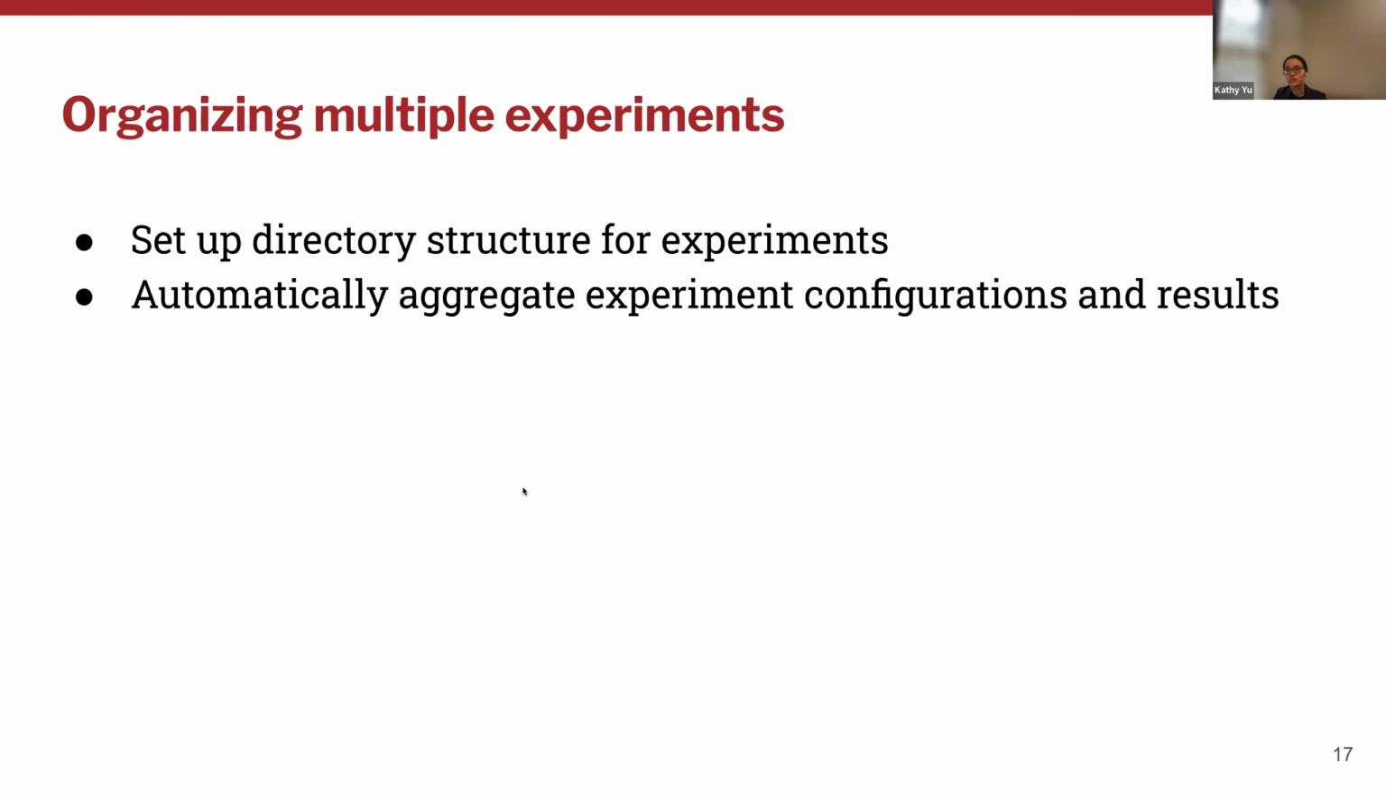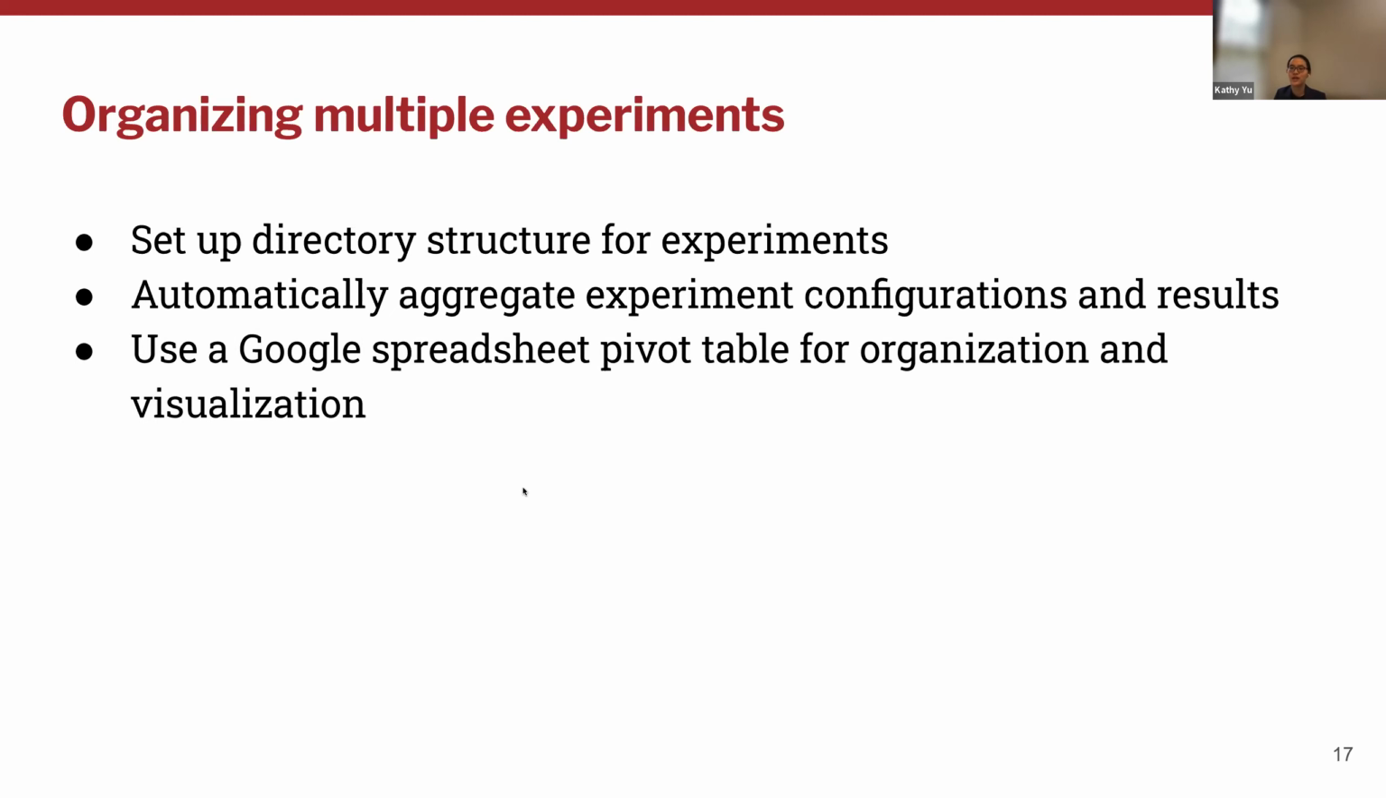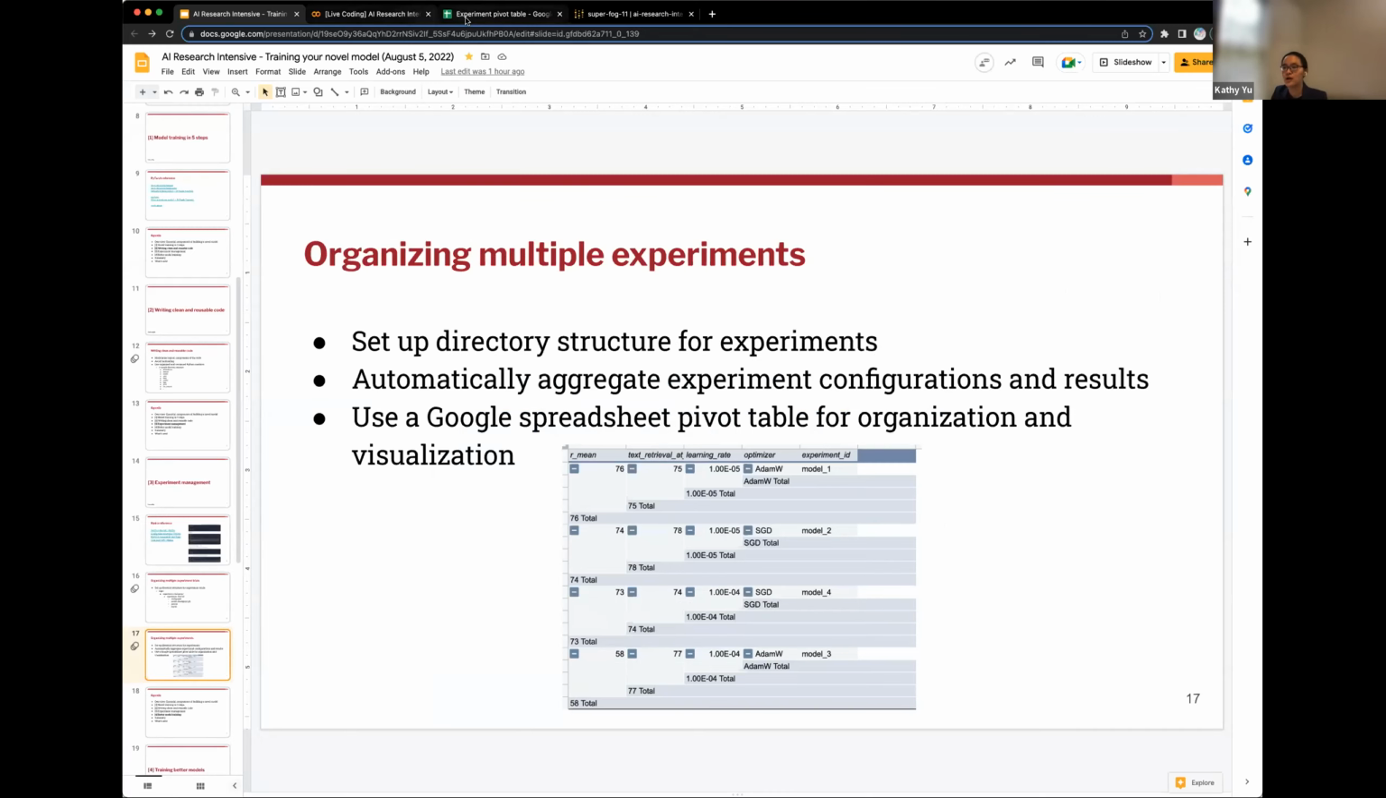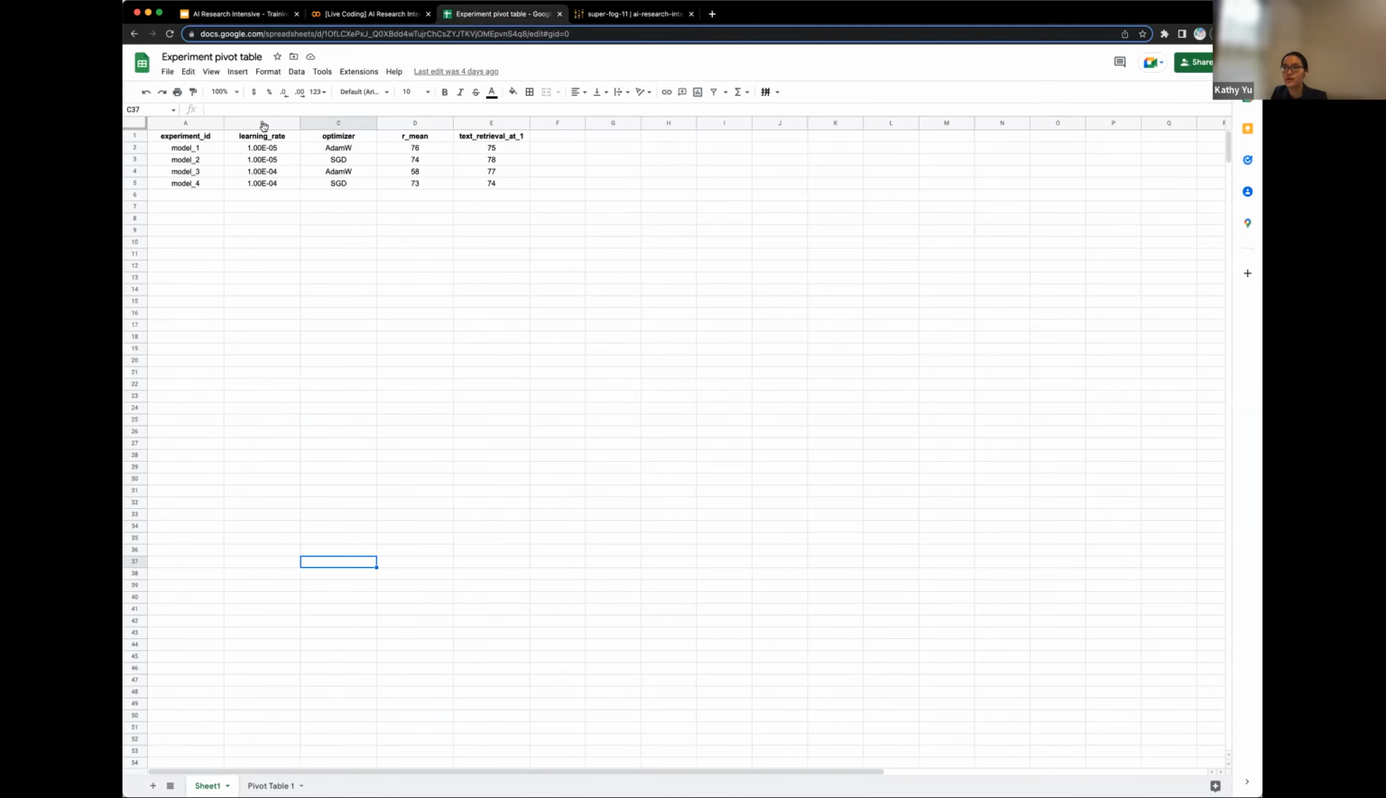After aggregating these results, one other trick is to use a Google spreadsheet pivot table to organize all of these results together and visualize them. A sample Google pivot table would look like this. And let me actually show you this example live. So here I have created